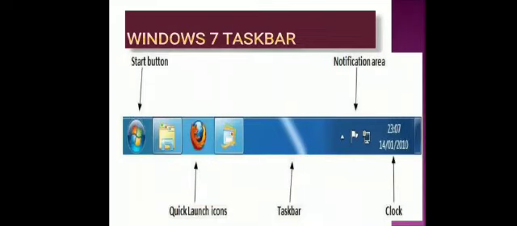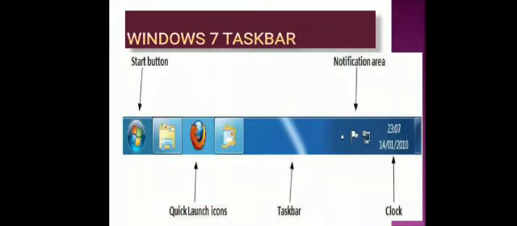This taskbar, the Windows 7 taskbar, is more flexible and provides an easy navigation facility. And where is it present? By default, it is present at the bottom of the window, but you can change its position. Now what are we doing in the taskbar? We can pin our favorite programs anywhere on the taskbar for easy access.